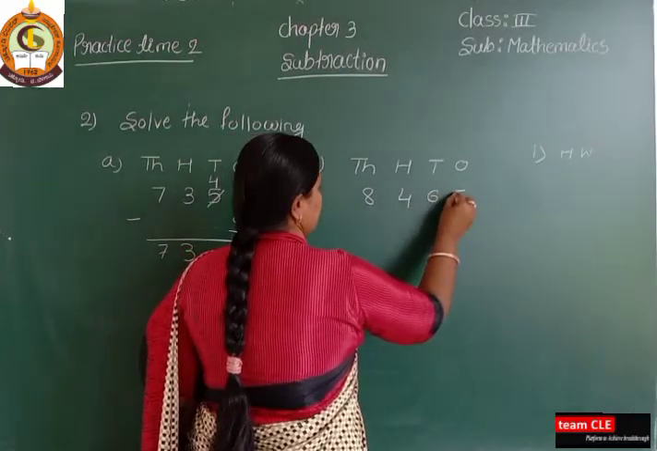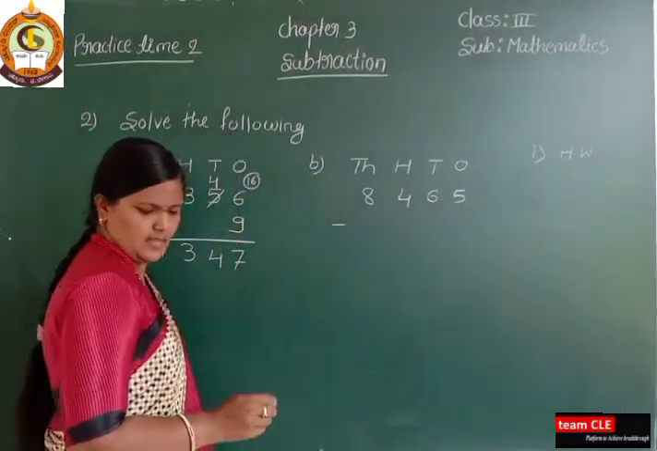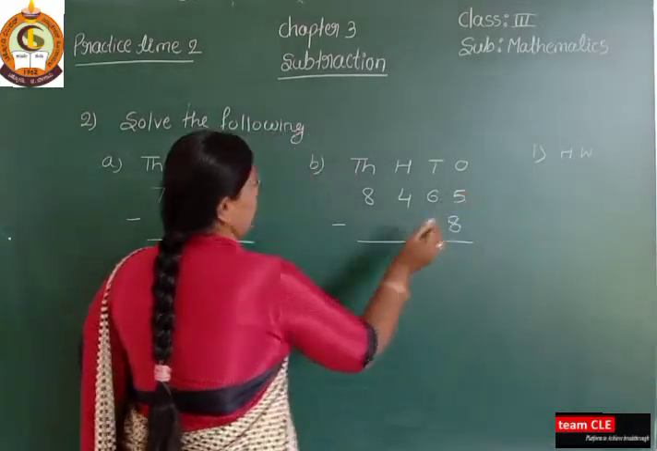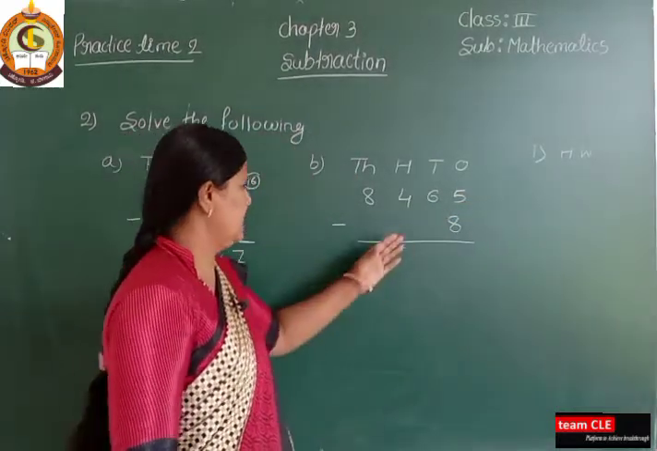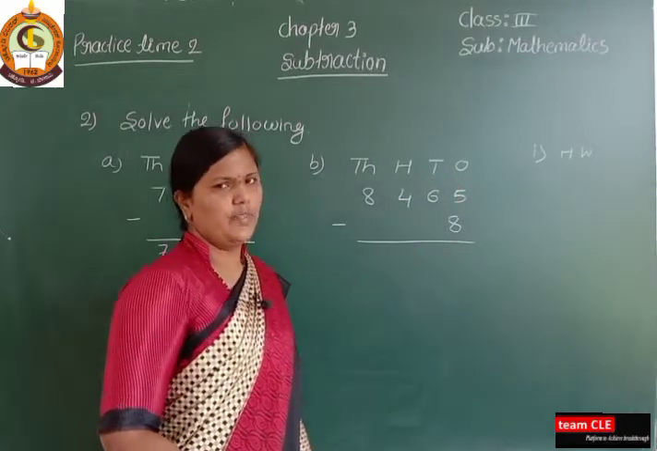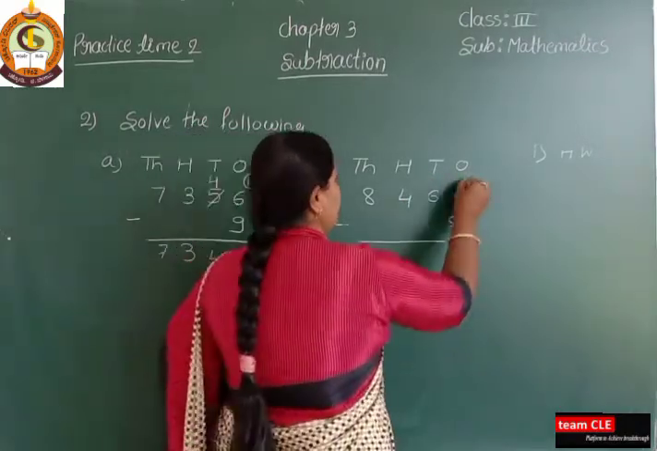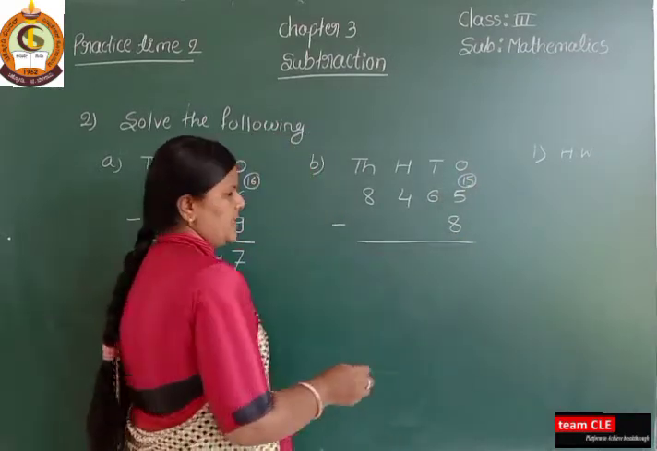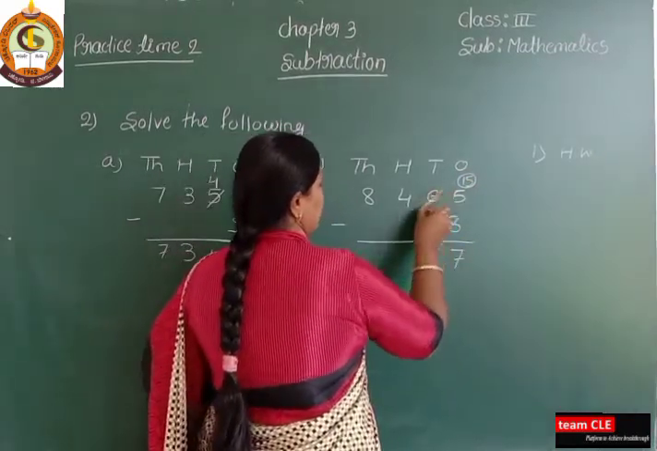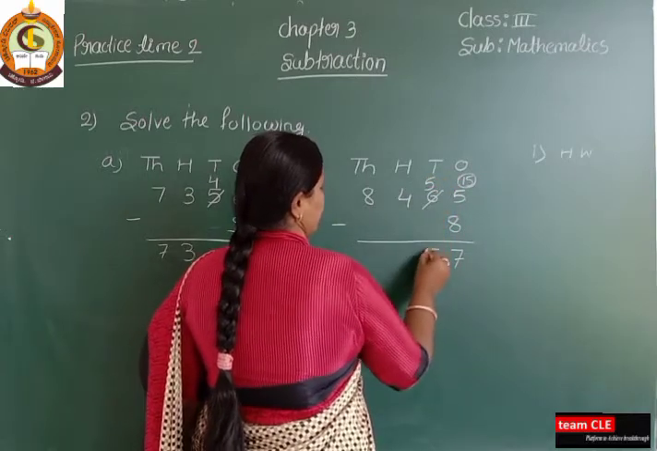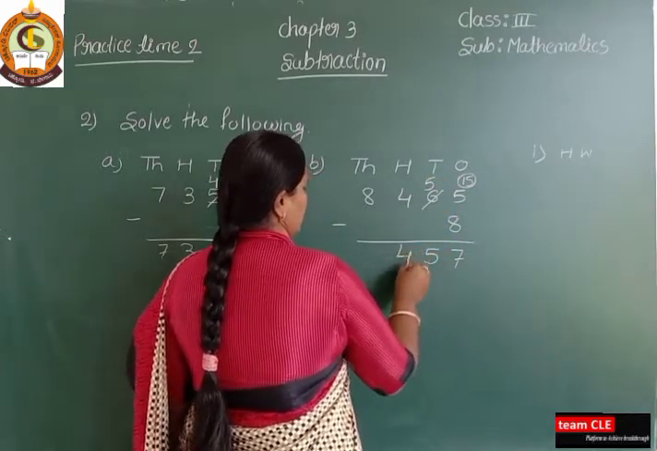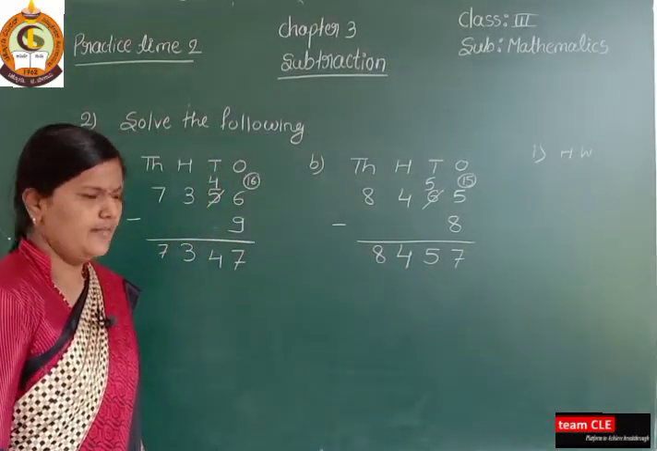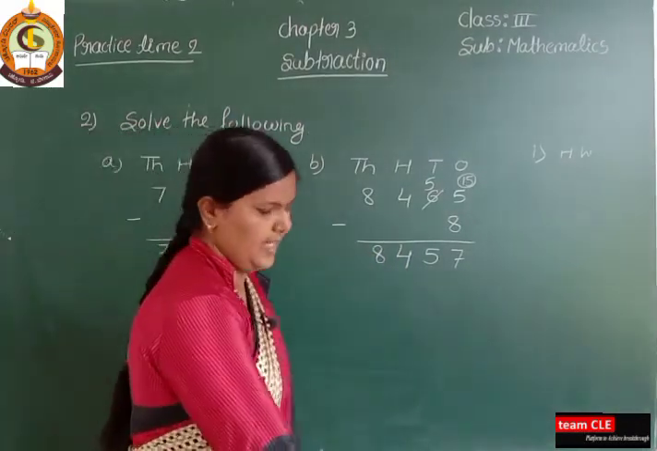Thousands, hundreds, tens, ones. 8465 minus 8. 5 minus 8. Here also 5 is less than 8, so you have to take one tens group. That 10 plus 5 is 15. 15 minus 8 is how much? 15 minus 8 is 7. And instead of 6 here, 5 remains. So write 5 as it is, 4, and write here 8. That is 8457. Next,